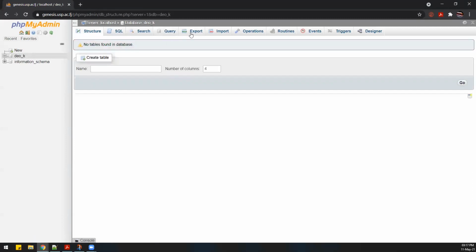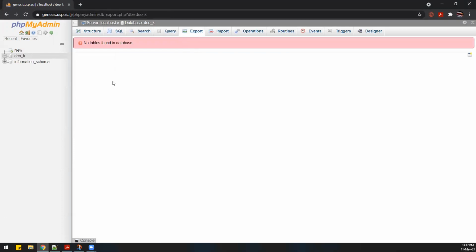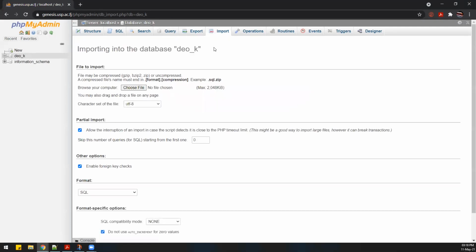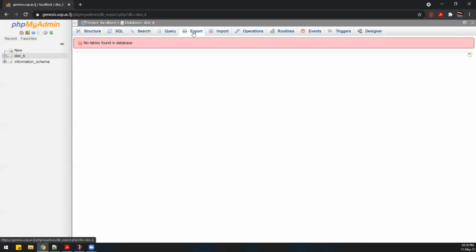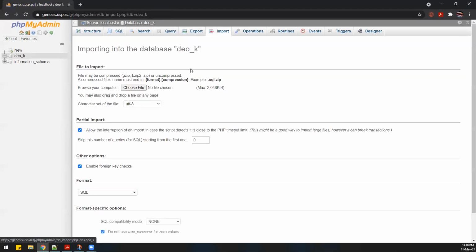So in here, if you want to export your database, at the moment we don't have any table in the database, so this will be empty. For example, if you want to save the contents of your database to your flash or your hard drive, then you can export the database and all the data from that USB server for your database will be saved to your PC. Then in the import tab, if you want to import a file that you have exported over here, then you can come here and select the database file and that will be imported to your database.